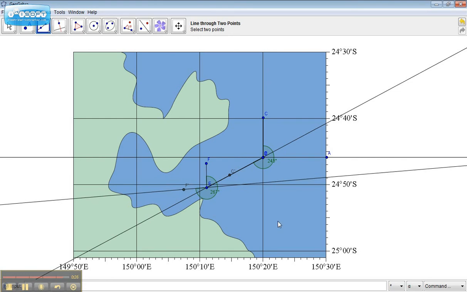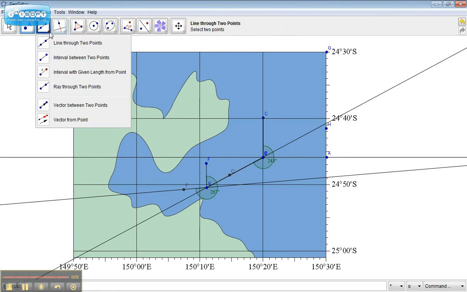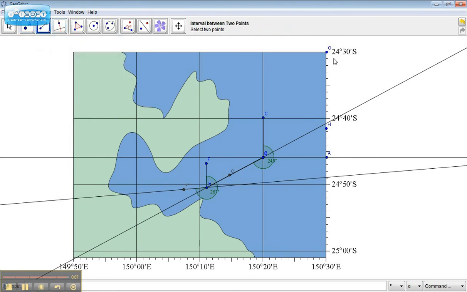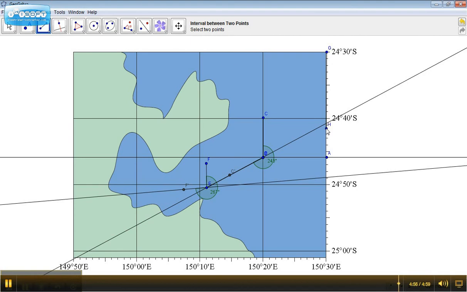And I want to sail for 3 hours at 3.5 knots, which is the equivalent of 11.5 nautical miles. So again, I'll come over here and I'll draw a line which is 11.5 long, 11.5 minutes long, which is equivalent to 11.5 nautical miles. And I'll move that line